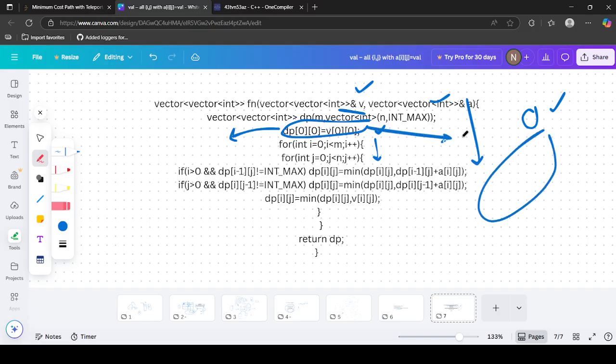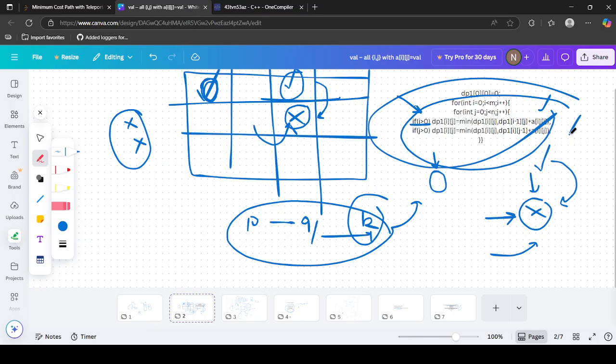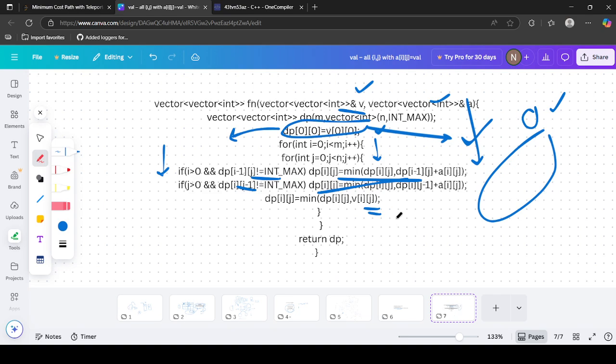So dp of i j is equal to the minimum of v of i j, and then if there is an above row, find the minimum value to reach this. If there is a left, find the minimum value, and then finally use the minimum of dp of i j, which we have not written here, right? Why? Because initially we did not find anything, but when we are at this position, we already found dp1 of i and j initially. We are just updating the values, so we are using this also here, where dp of i j is the minimum cost to reach this, and v of i j is the minimum cost where we can reach the cell when we are utilizing the previous teleportation,